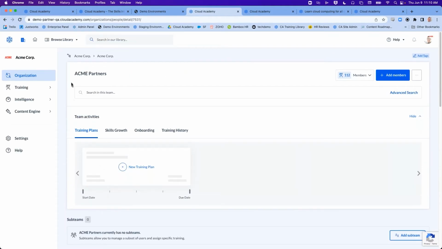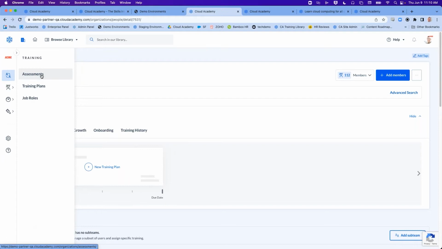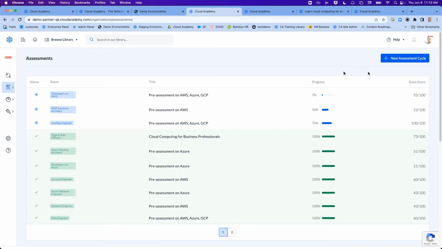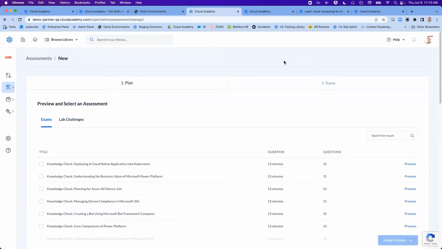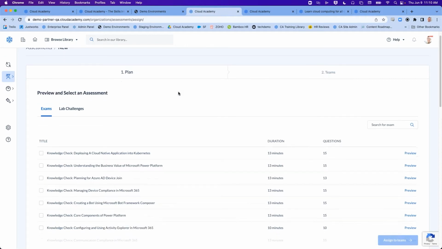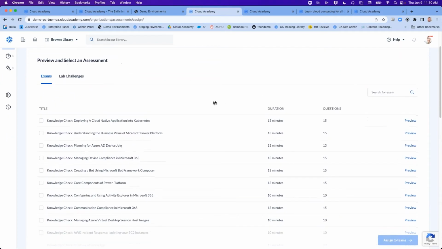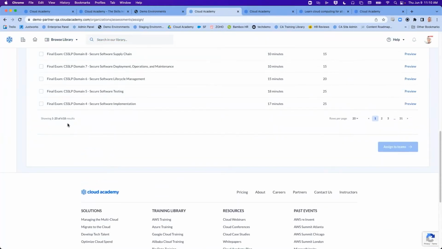Once organized, we're ready to turn our attention to training, which with us begins with that ever-important baseline assessment. It is impossible to know where you're going if you don't know where you're starting from. That is why baseline assessments are so critical to your learning journey. We offer baseline assessments in two formats, a text-based or theoretical exams, of which there are over 600 different available to you to leverage. One of the big reasons that this is such a large library of exams is that these are now also available through a pre-hire motion.